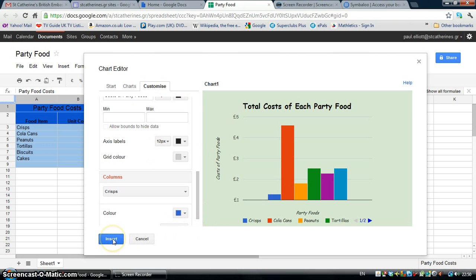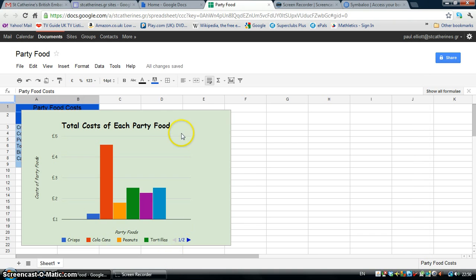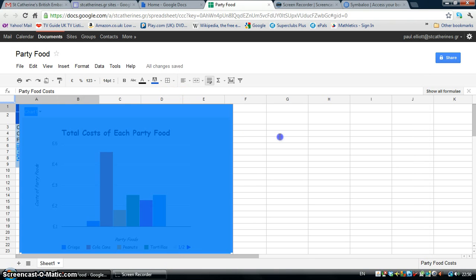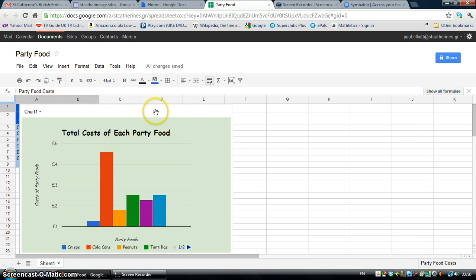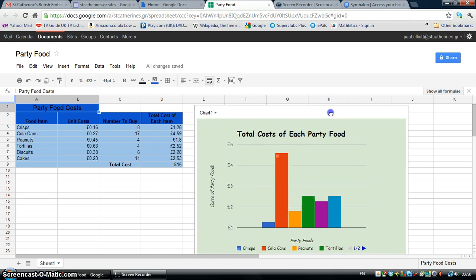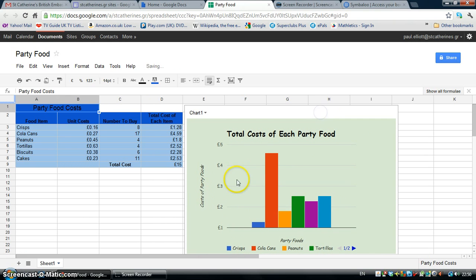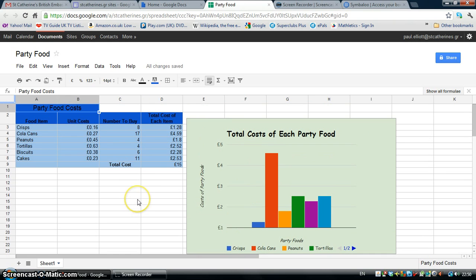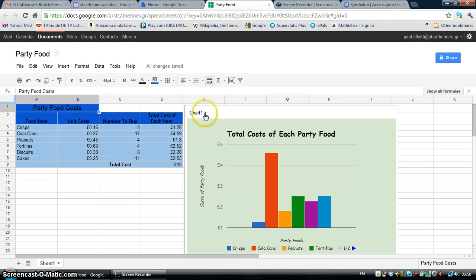So I'm going to press insert, and up comes the chart, just like in any other spreadsheet program. Well, if I click on the top, you can get this white bit with a hand. It allows you to drag wherever you want it. Now I'm actually going to change it because I would like to insert this into its own page, just like you can in, say, Excel. I'm going to click up here where it says chart 1, and you can edit the chart as well, but you'll be able to see that in a minute. I'm going to move it to its own sheet,